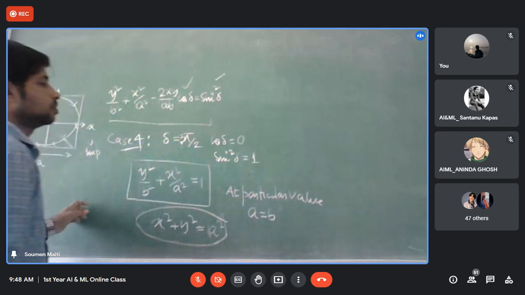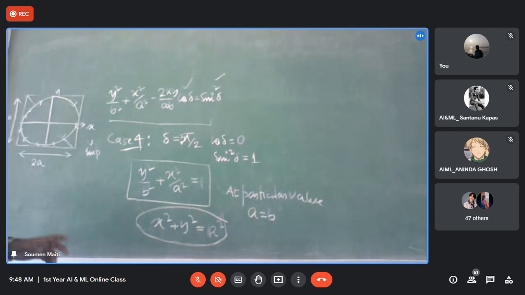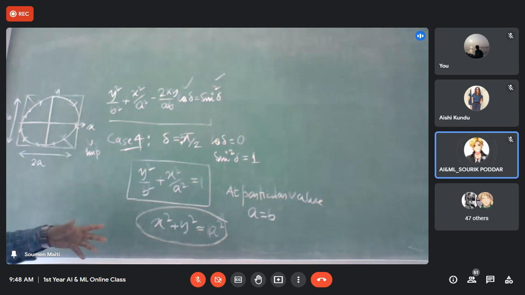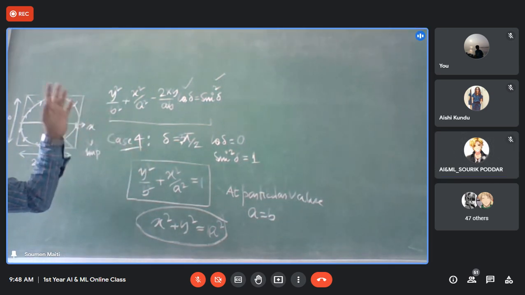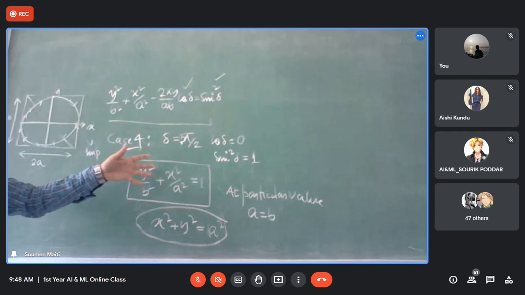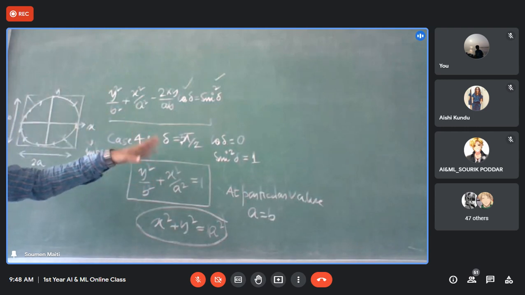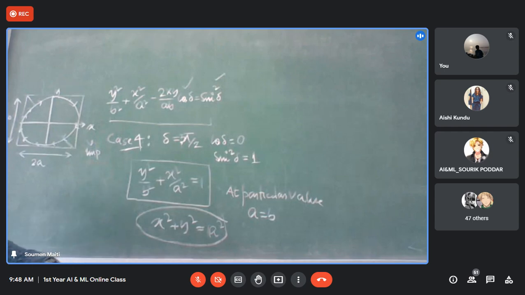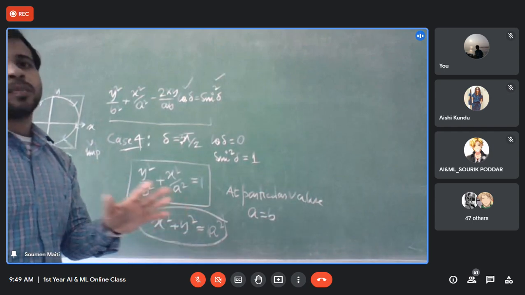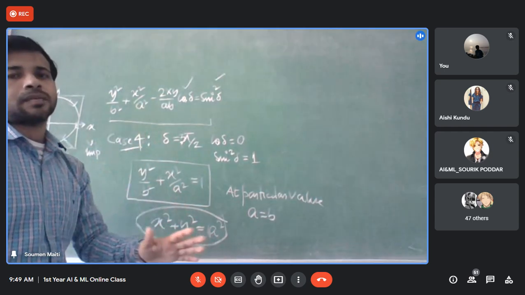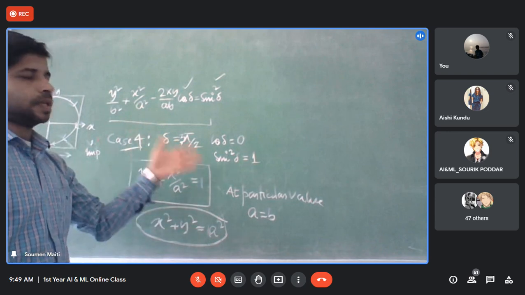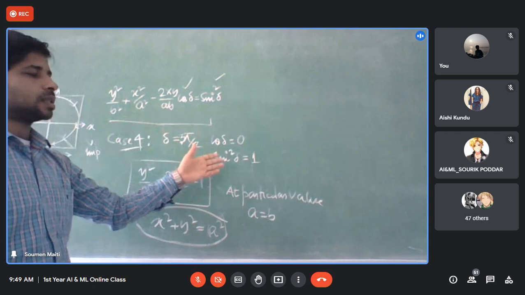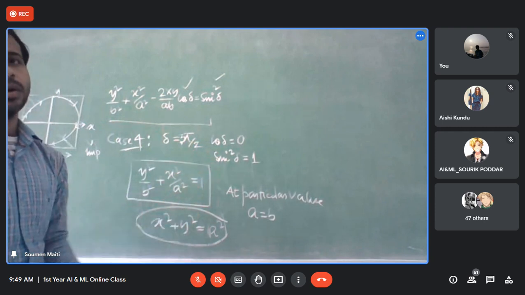Got my point? You should not take this much time for this kind of simple calculation. If you are still taking this kind of time, don't read any first year book. Just go for the basic mathematics first for 1 week. Try to understand every mathematics, then come here. Otherwise, if you take so much time to calculate all these things, it will be horrible for you.